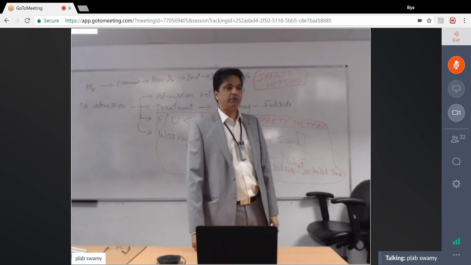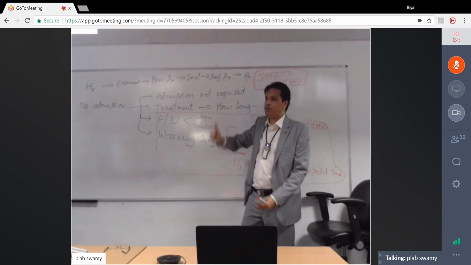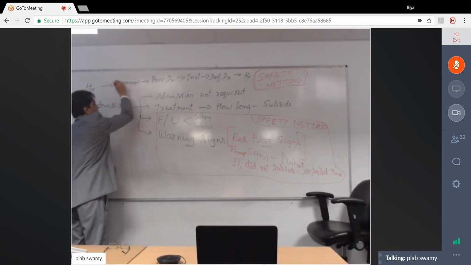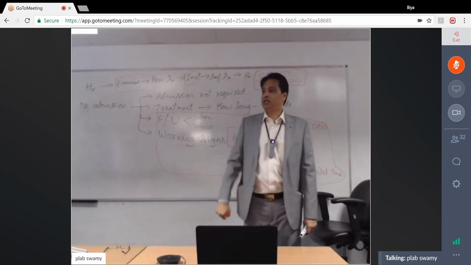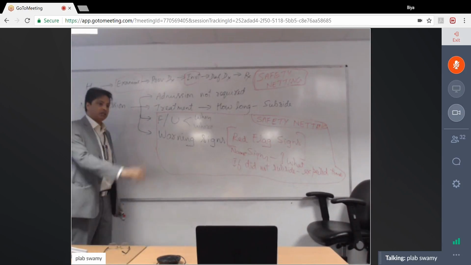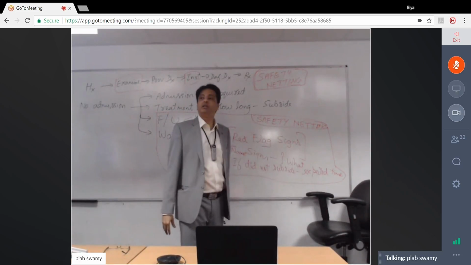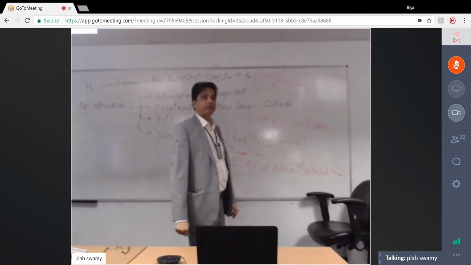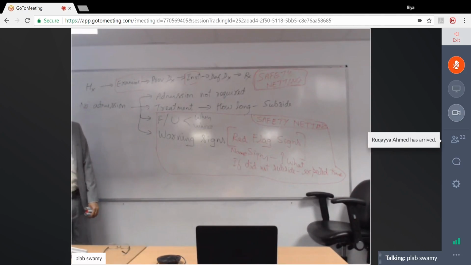Which of all these things do people usually forget? The things people forget most are examination, investigation, and the safety netting. I keep seeing people's mark sheets. Usually people forget either the examination or the investigation. They straight away talk about the diagnosis without even talking about the investigation. Or the safety netting. Don't ever forget that. That's why I put a circle there and told you. These are the ones people usually forget.